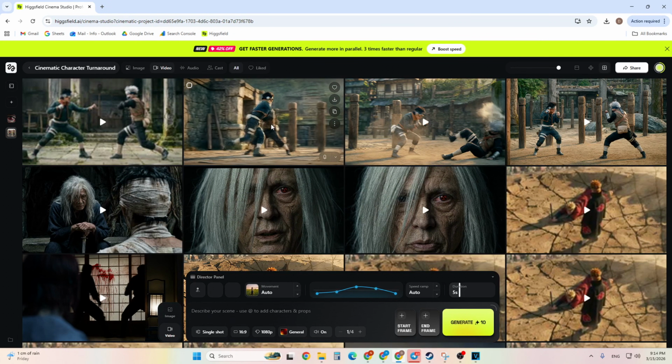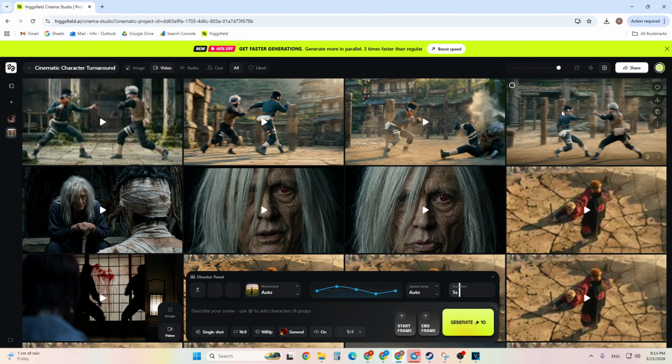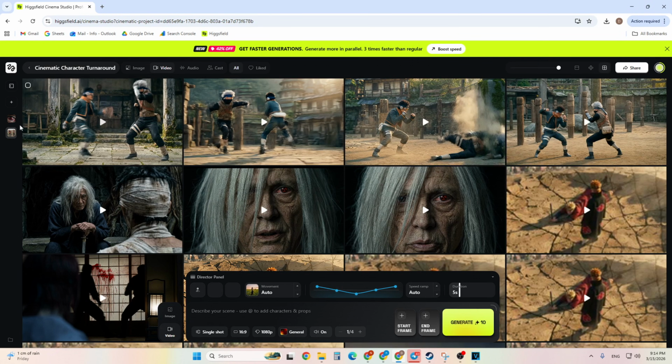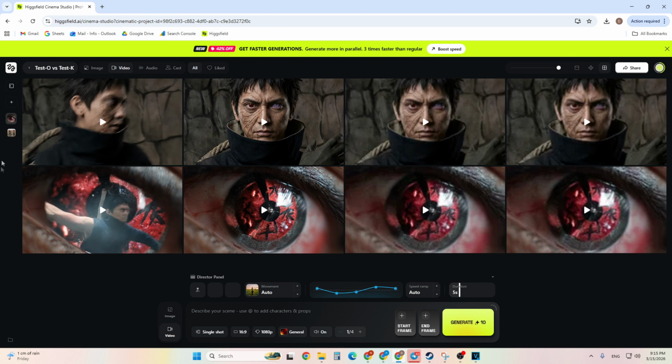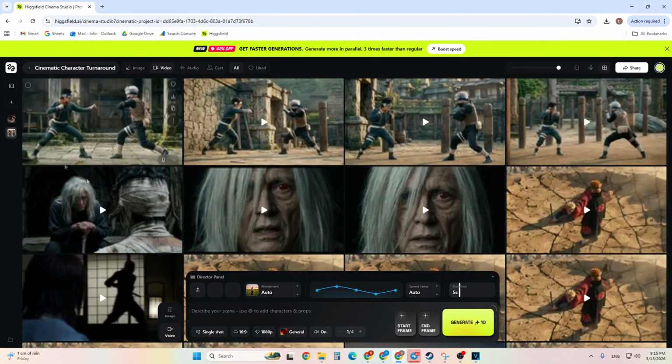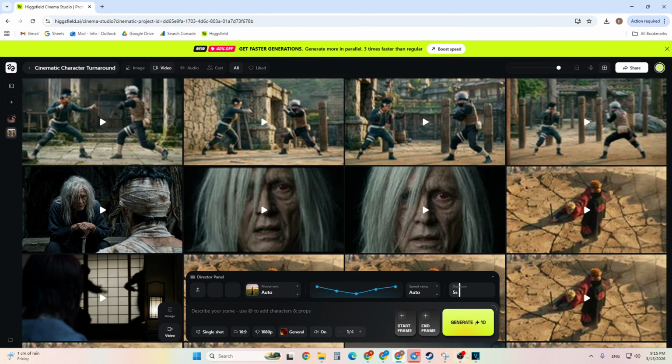So the way I personally use them is pretty simple. If I want to test ideas quickly, I usually start with Higgsfield. If I want to push for a cinematic shot, I'll also try Seedance and see which result I like more. At the end of the day, both tools can work really well, and most of the time the real difference still comes down to your starting frame and your editing.